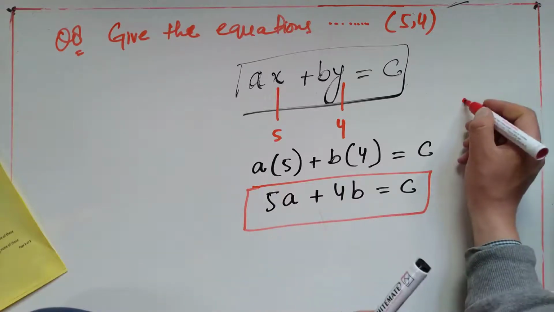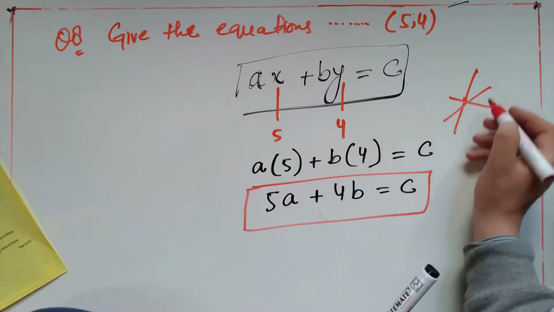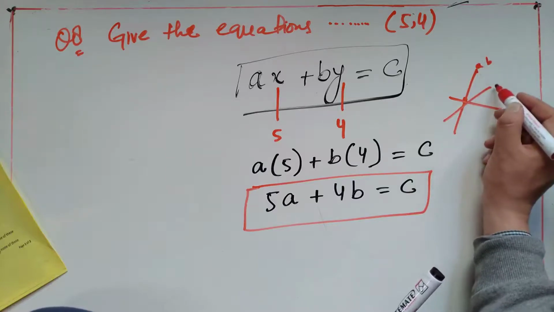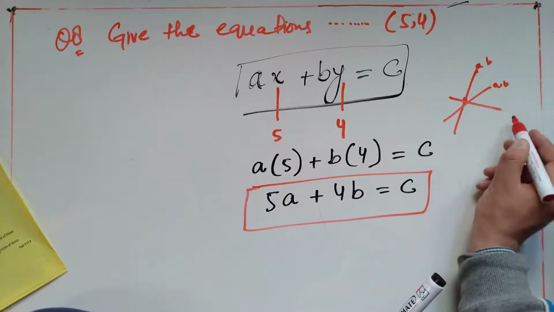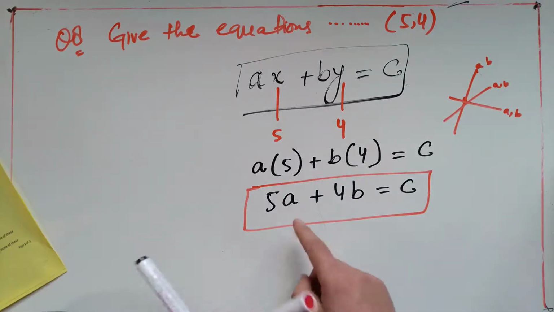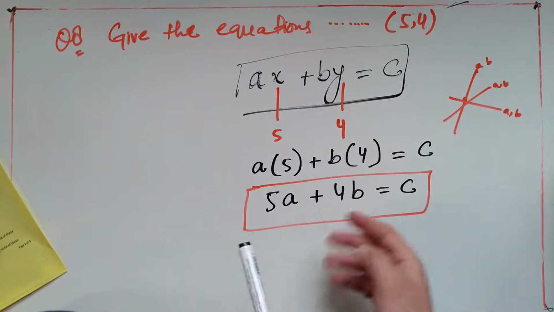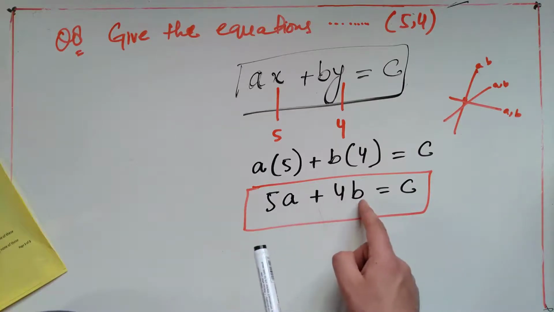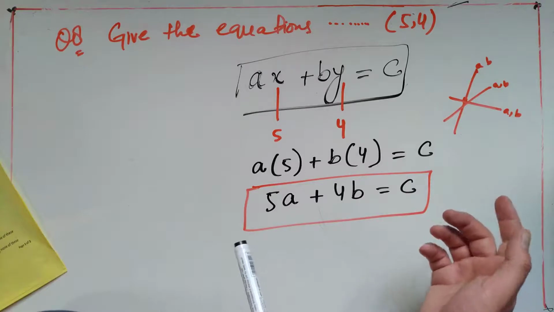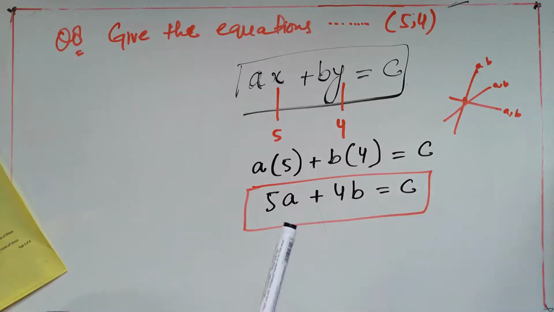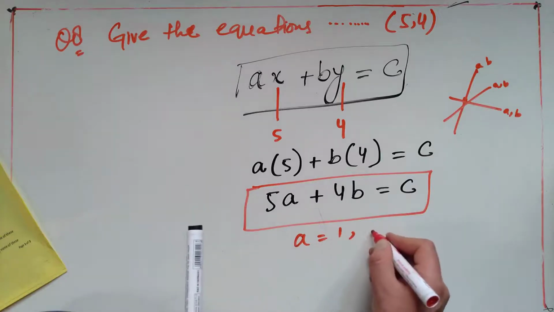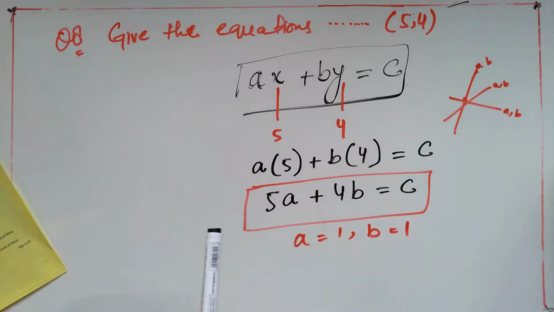So let's say these lines, this line will have different values of a and b, this will have different values of a and b, this will have different values of a and b. So now you have the choice: substitute as many values for a and b, obtain the value of c, and you can get as many equations as you want. For example, I will do one here. I will substitute the value of a as 1, b I will substitute as 1.